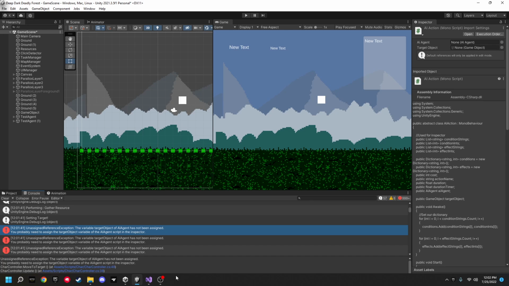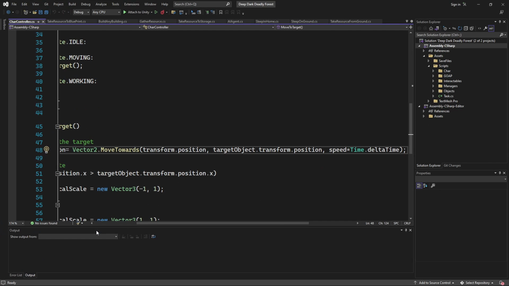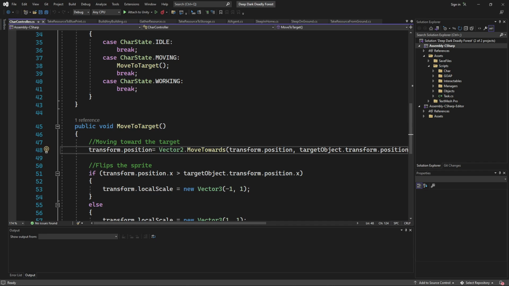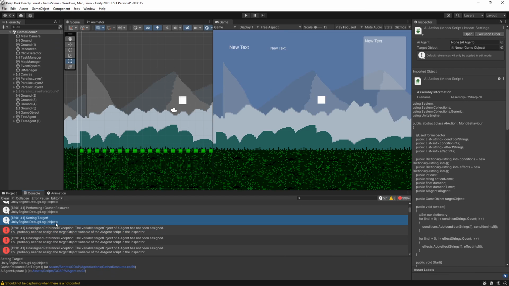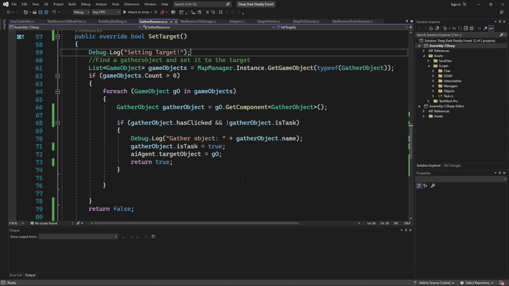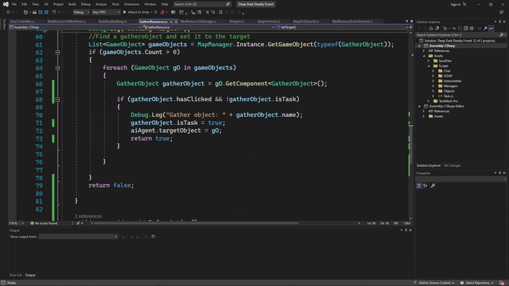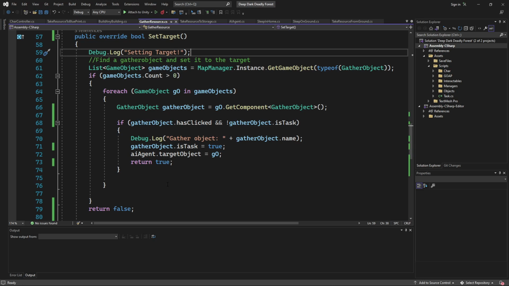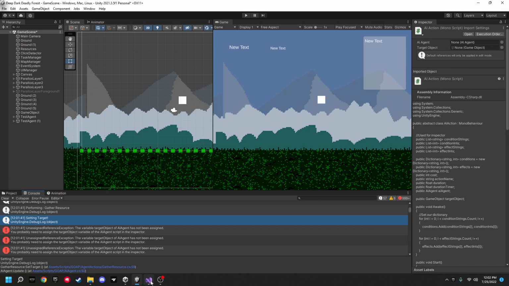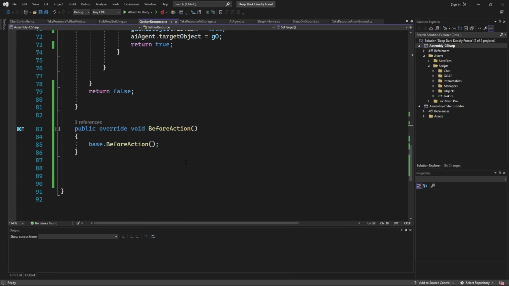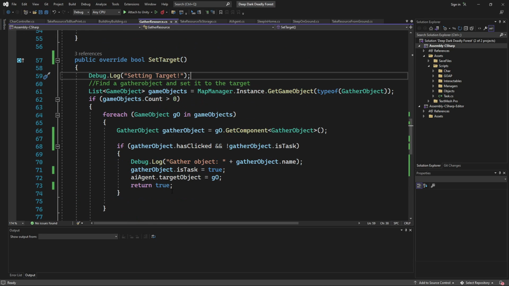So, hold on. This is saying it doesn't have a target, but saying target returns, it should return false, right? Or no? No. Okay, maybe we need to do both.